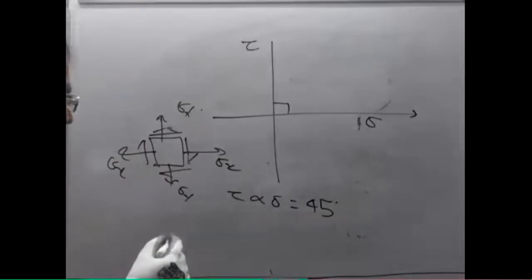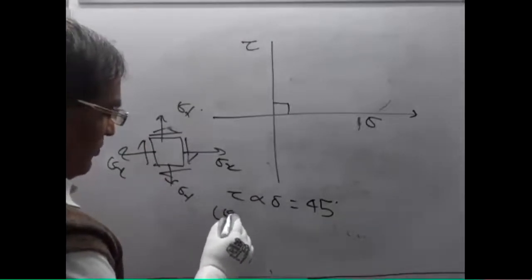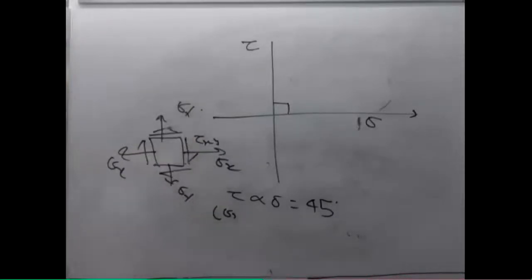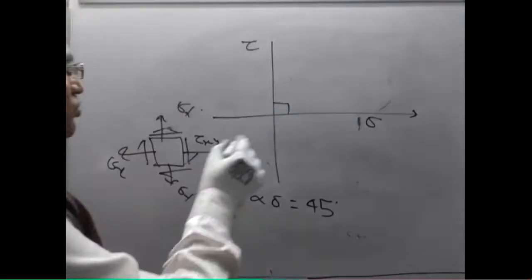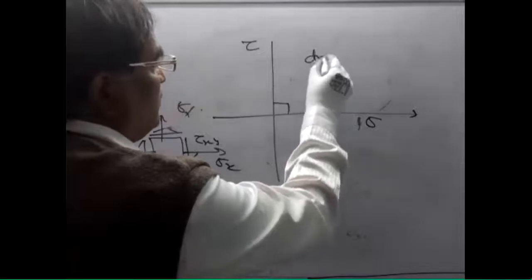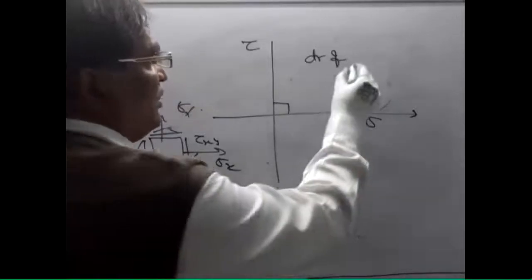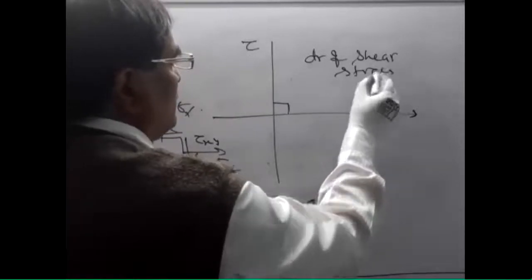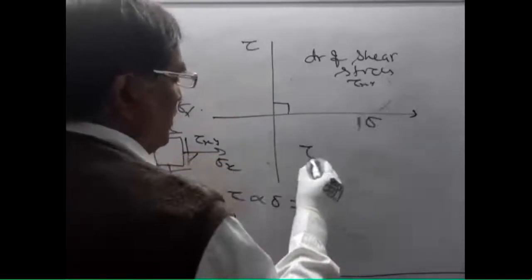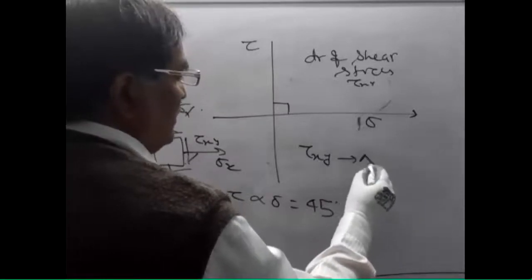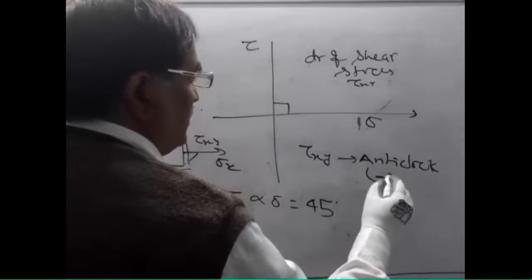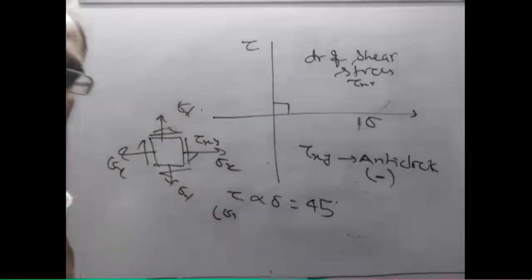Right? So how do you find that? What you have been given here is the sigma x on this face, but here you have to follow the sign convention. So generally, what we follow is that there are two directions of shear stress, tau xy. If tau xy is anti-clockwise, then you should obviously take the negative. That's all. Anti-clock, then negative.